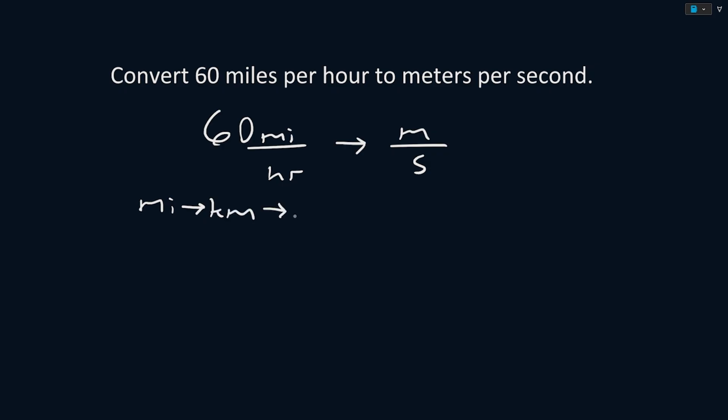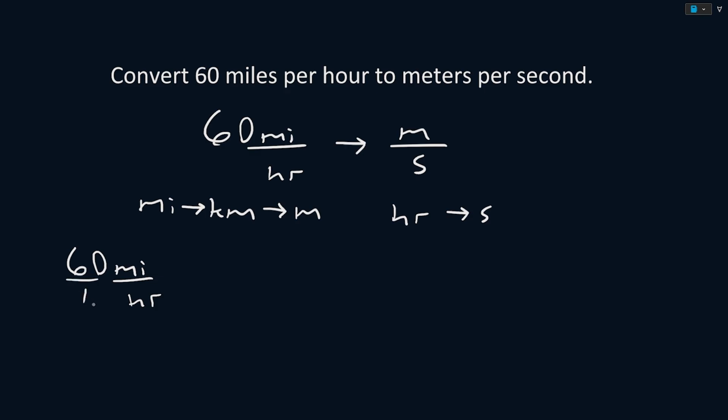Convert 60 miles per hour to meters per second. First, we'll start by identifying our variables. We were given 60 miles per hour, and we want to convert to meters per second. Then we need to map our path, which is converting miles to kilometers, and then those kilometers to meters, and converting hours to seconds. First, we'll start by writing our given value